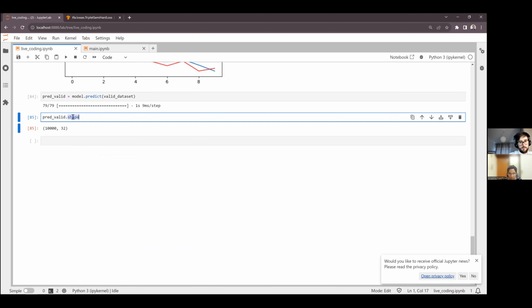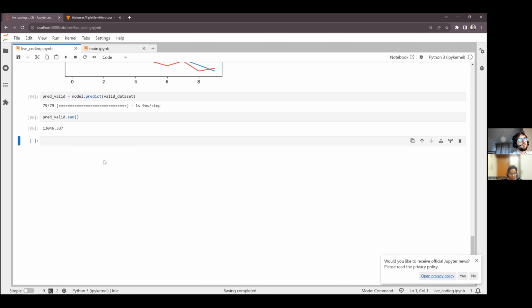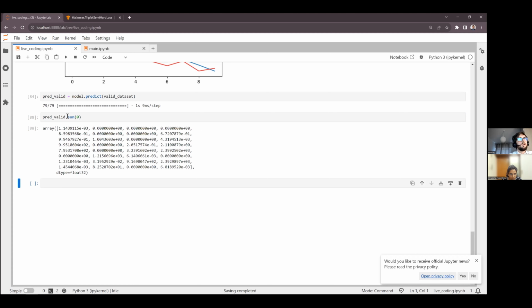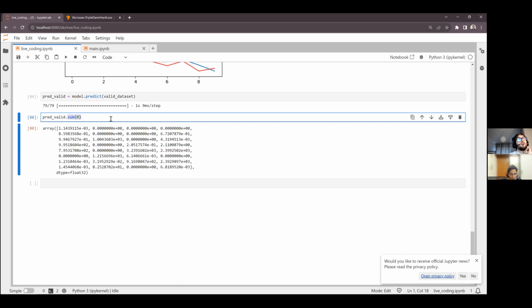But let's see that the sum is not 0. Okay, it's not 0. There are some features that are always 0, but this is not an issue. The important thing is that we don't have everything at 0 all the time.